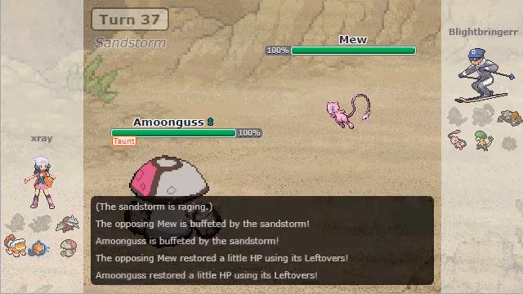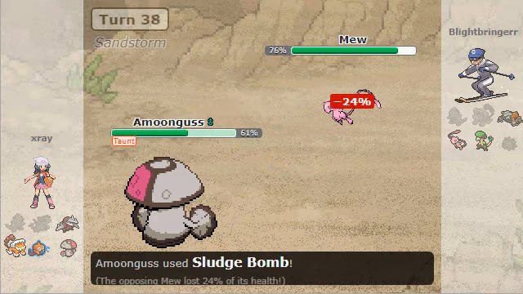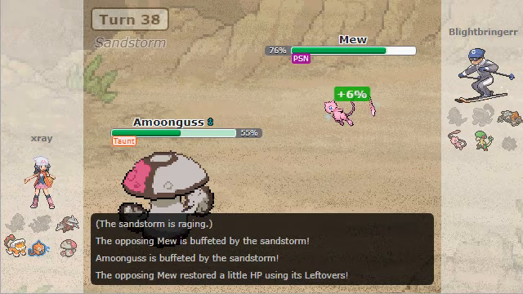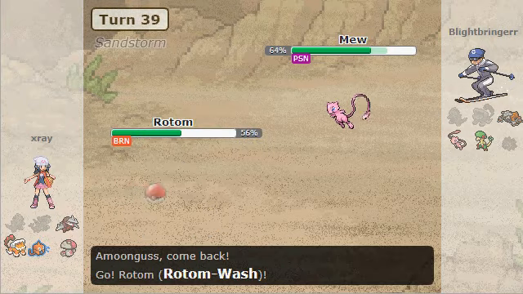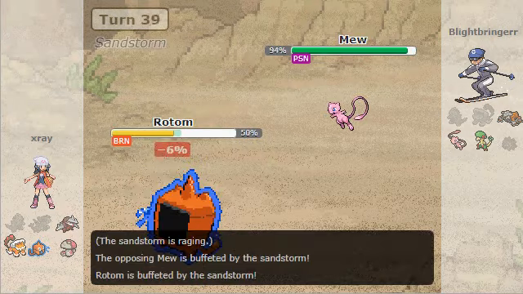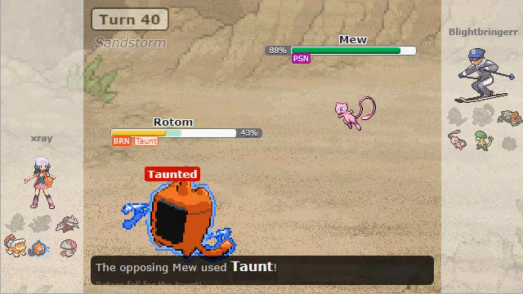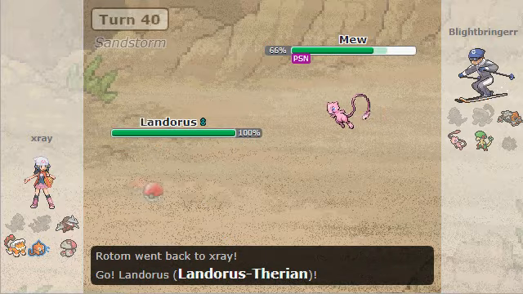Anyhow, Spore is going to be blocked by Taunt from Mew. Ice Beam's super effective, but it still is only mediocre damage at 39%. Sludge Bomb even less damage at 24%, but he finds an immediate poison, and Synchronize cannot poison a poison type. You don't get to break the rules. Rotom comes in, and Soft Boiled comes down. So Mew is pretty healthy despite that obnoxious poison that he's going to have to deal with for the remainder of the game. And here's Taunt on Rotom to prevent something like Pain Split, but instead what he gets is